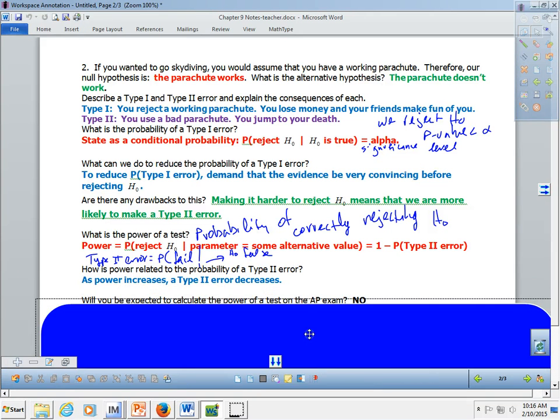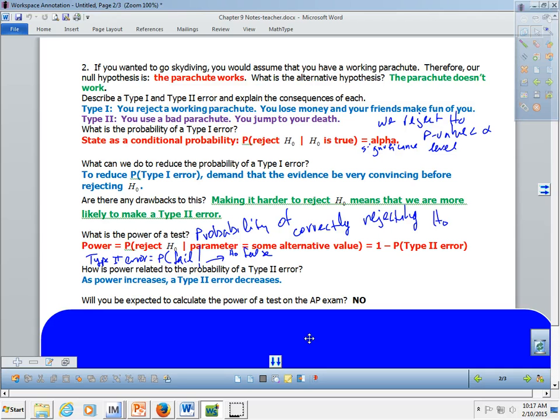Okay? Now, will you be expected to calculate the power of a test on the AP exam? And we'll for right now say no, because you are not very often going to be asked to calculate a type 2 error directly. Okay, what could happen is that you could be asked about the relationship between power and